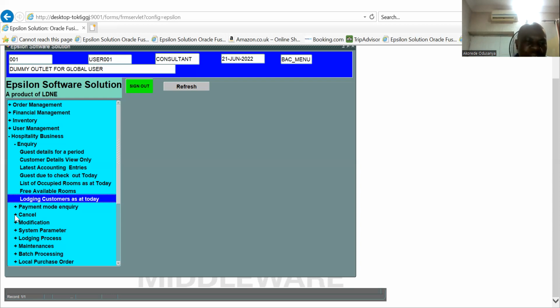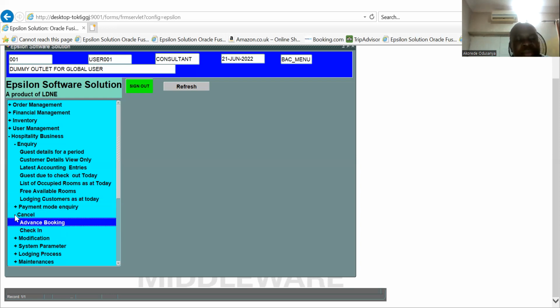Then we have cancellation. This cancellation submodule is used to cancel only two things that come shipped with the application: advance booking and customers that have checked in. We want to assume that when somebody makes an advance booking with us and doesn't want to go ahead before the date, then we can cancel the advance booking. Naturally, if you don't cancel the advance booking, the system will allocate rooms, and the rooms will stay occupied for the period stated in the advance booking. So in order to prevent this, we create room for you to cancel such bookings so that you free the rooms